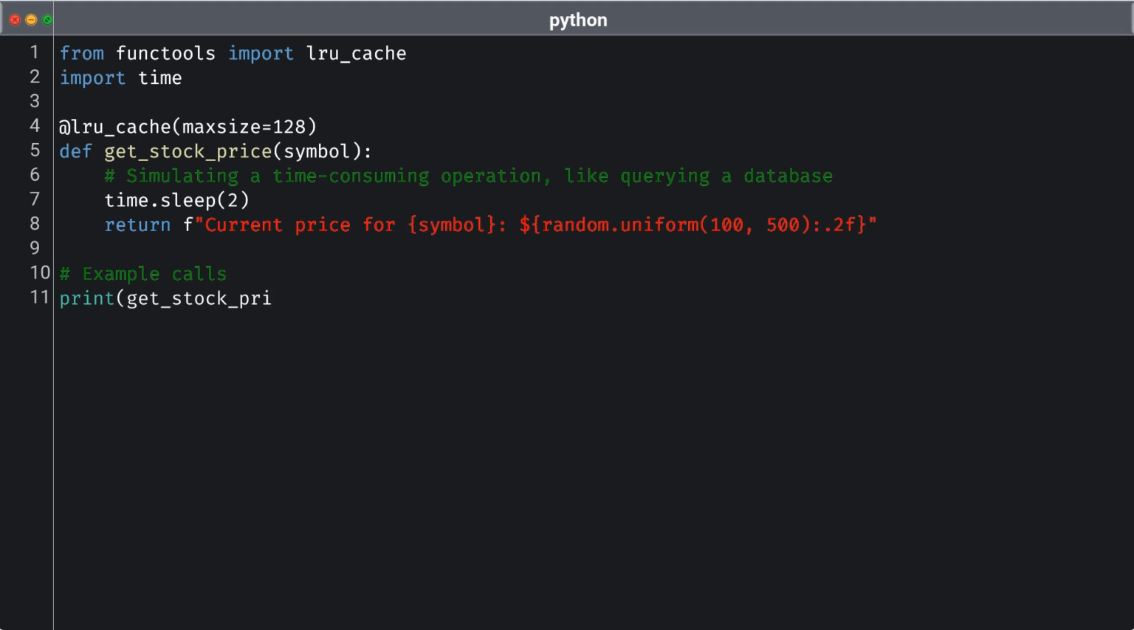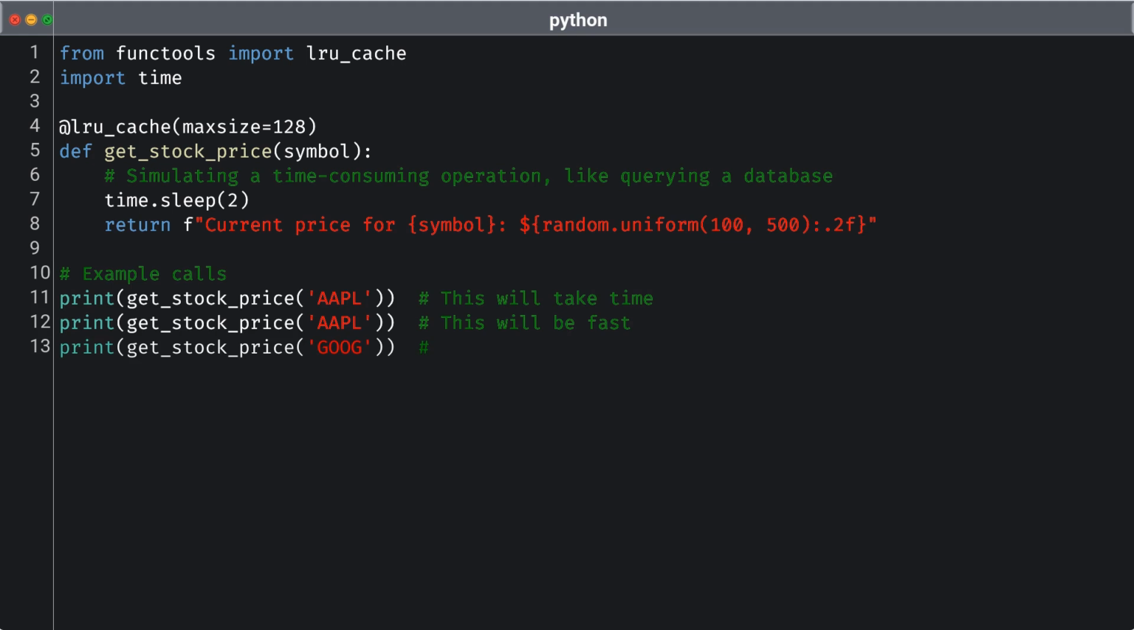When you call the function with a symbol for the first time, it will take about 2 seconds to return the price, mimicking the expected delay when querying a live database. However, subsequent requests for the same symbol return instantaneously from the cache, illustrating the benefit of this caching